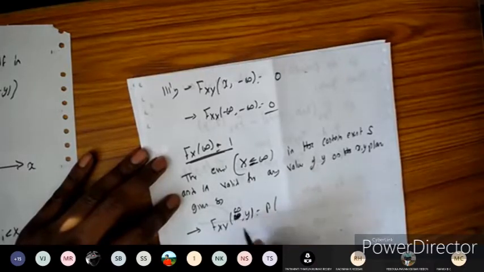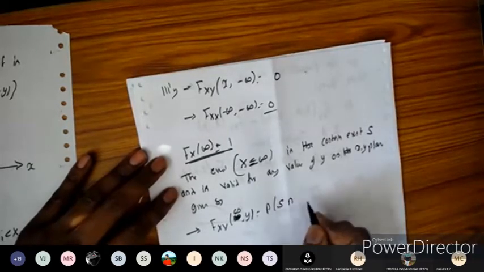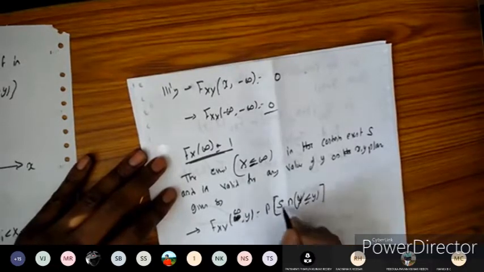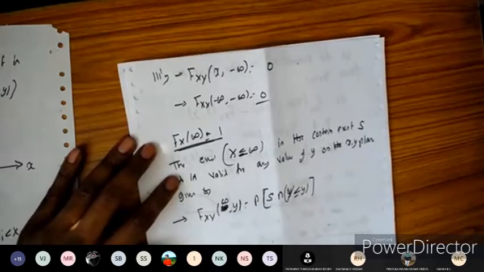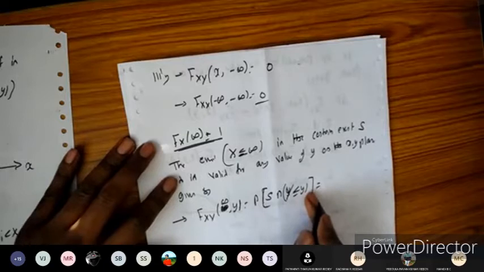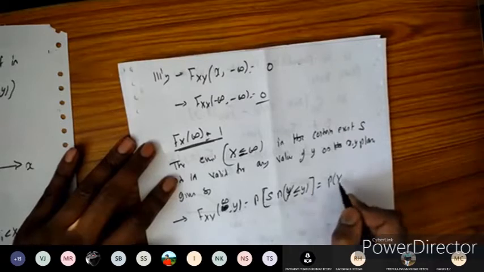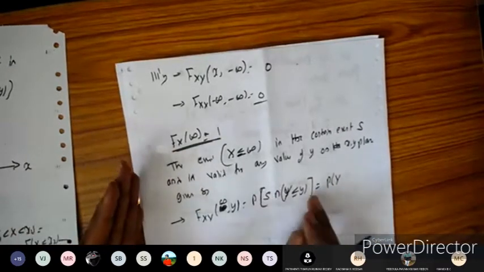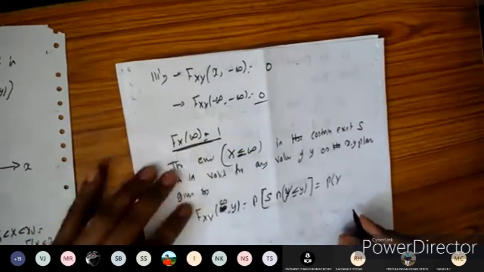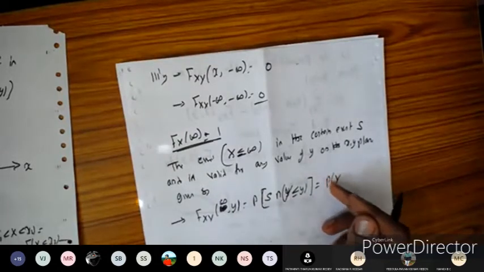So at infinity all the events are possible, so you can say it is a sure event, or a sample space you are going to call. So sample space intersection with y taking the value less than or equal to y. S is nothing but the sample space here. So you're going to get the same y less than or equal to y only. That is the probability, because if I multiply something with a small quantity, I'm going to get the small quantity. I just showed an example, which is called the shifting property. I think you have seen it in signals and systems, or the product property.